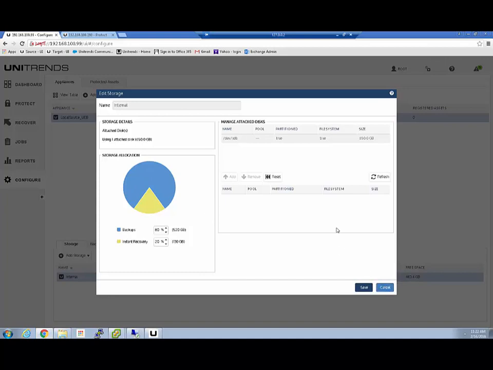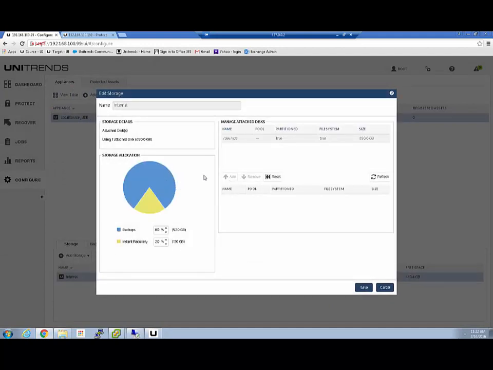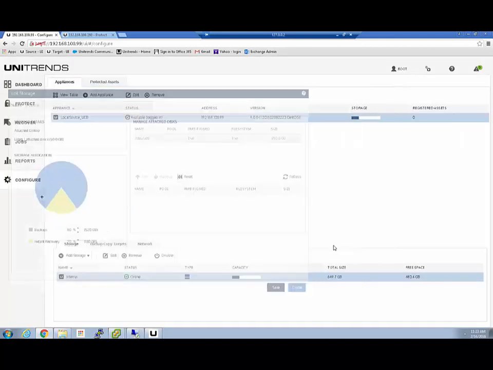Right? You can add storage to this existing storage pool as well. Remember, if I go in and add new storage, I'm adding a different storage pool. If I want to expand an existing one, I have to go in and edit that existing pool. I'll see new storage that I've added, and I can add that storage to this existing pool. It is our recommendation to always remember to expand the existing pool in a lot of those cases from the configuration